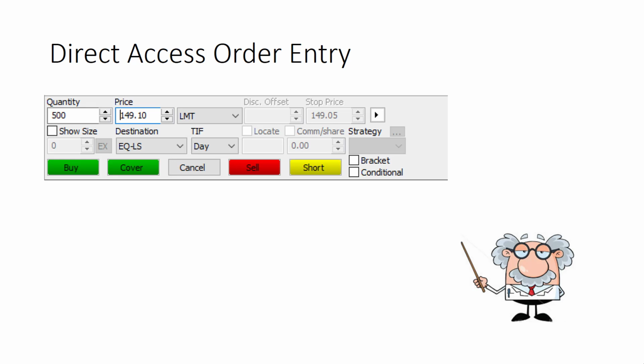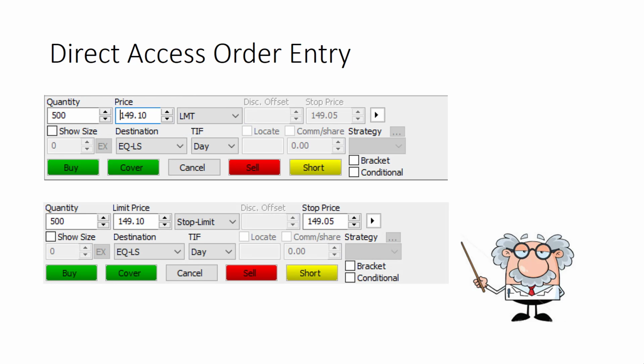Here you see that we have the ability to set a limit order. This is the worst price in this case that we're willing to pay, let's say for Apple, 149.10. Probably familiar with that from any piece of software that you've looked at. Got the quantity we want to buy, got the price we want to buy it at, and then we also have the ability to enter stop orders. Now, stop orders aren't allowed by the exchange anymore, but the software and your broker still handle them pretty much the way they always did.